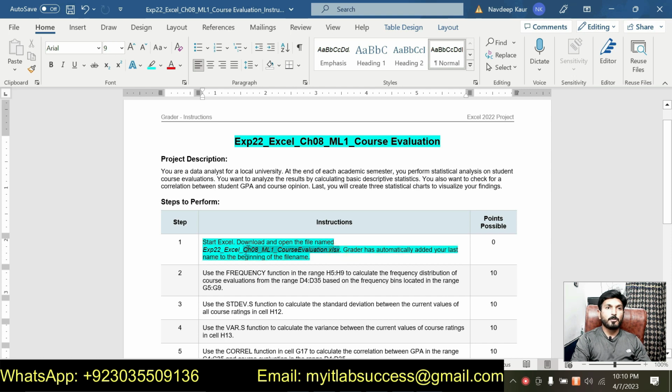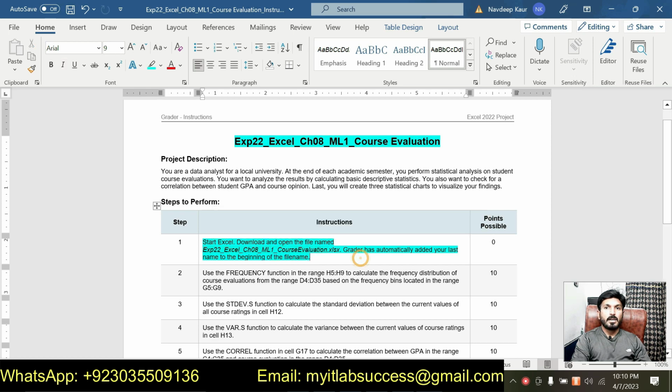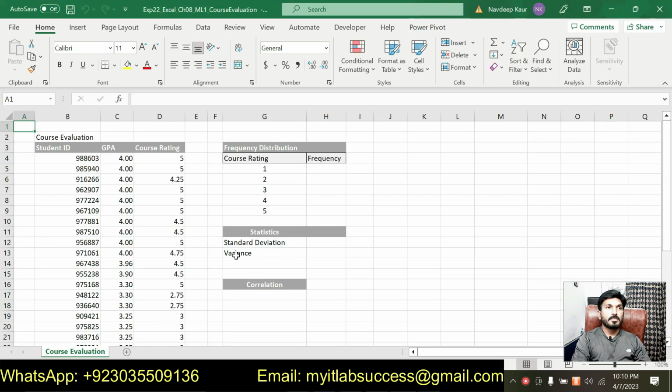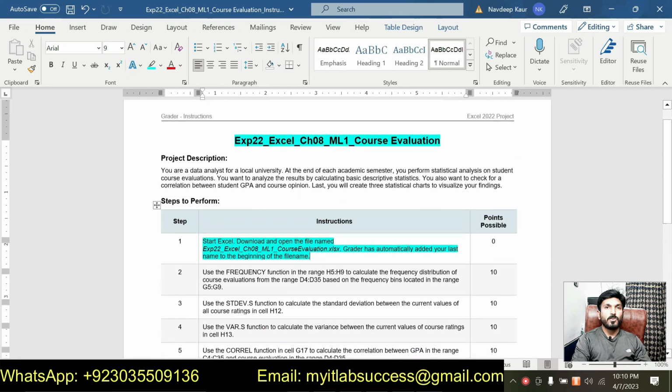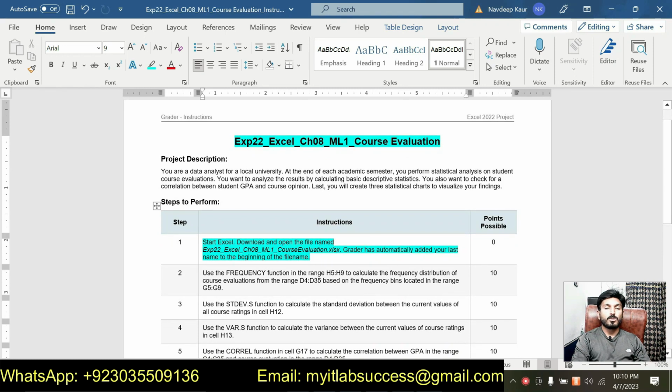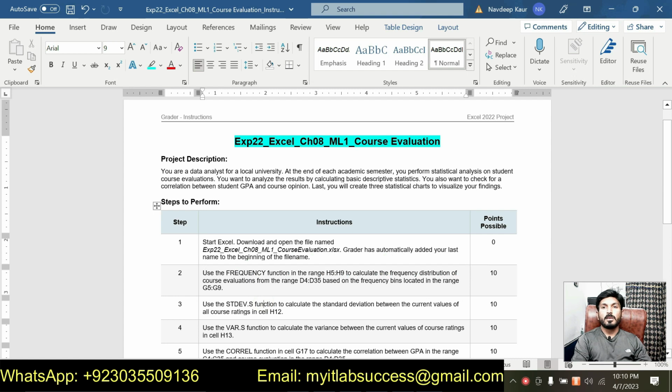So this is the Excel workbook that we are supposed to use to solve this assignment, and I have already downloaded this. This is the Excel workbook where we are supposed to apply all the steps given in the instruction files. There are total 12 steps. We will apply all these instructions to the Excel workbook and make this assignment in the final form to submit on my ITLab. So let's move to step number 2, because step number 1 is just about downloading the file. So step number 2 is